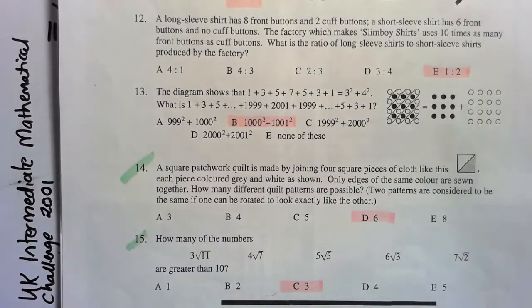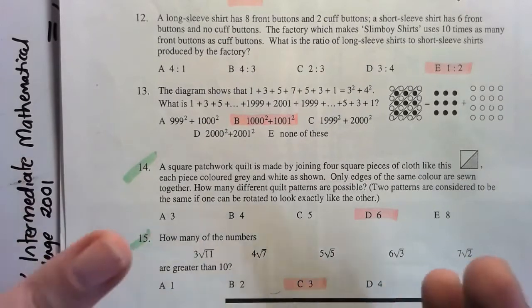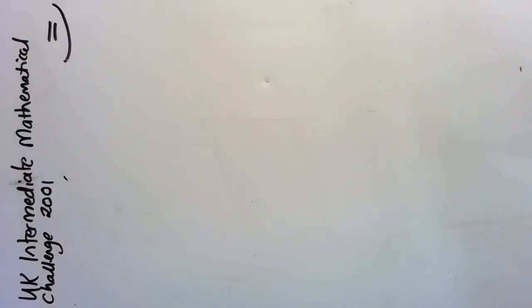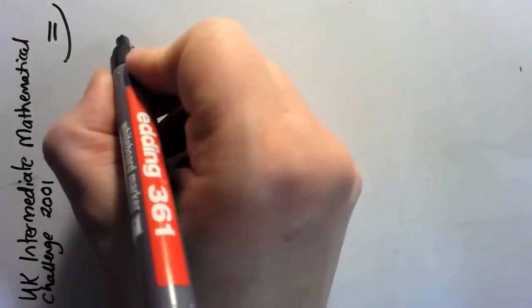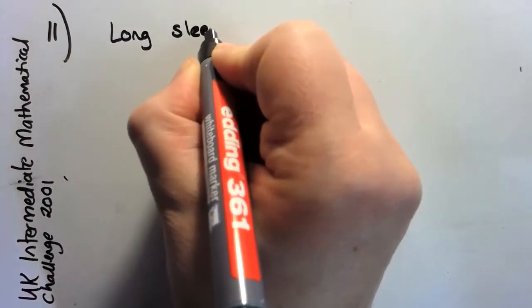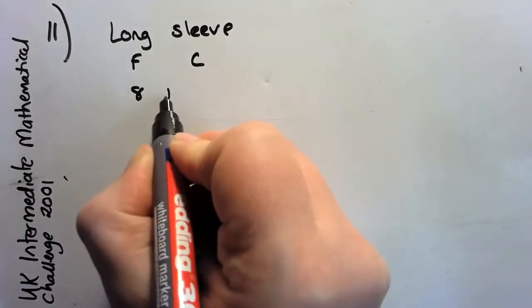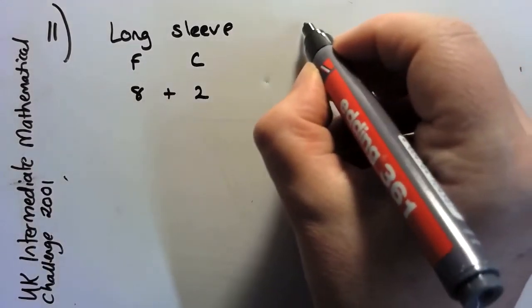Now, there are a lot of words there, but what we've got to find out is how many buttons are on each shirt and what combination of cuff to non-cuff buttons there are. So transferring that information, we've got long sleeved, front cuff buttons, short sleeved,